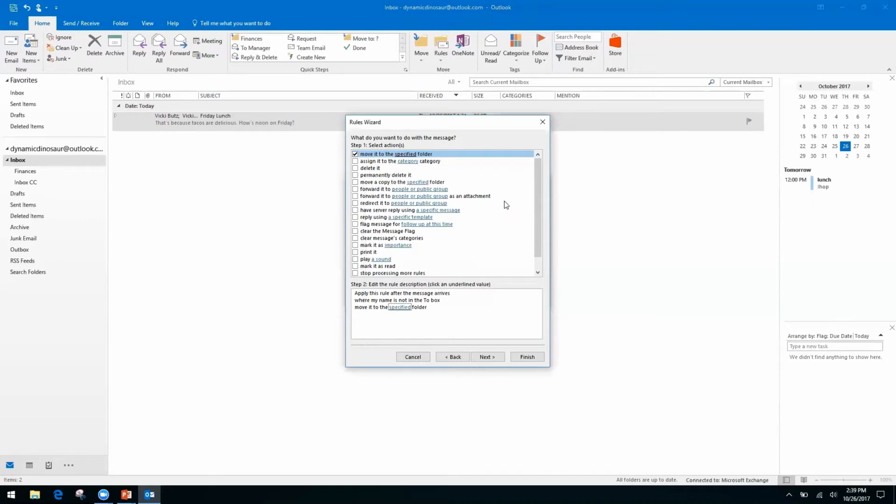Click OK and finish. And you can see that it now shows that it is being moved to the inbox CC folder. If you ever want to change that or change where something routes, you can click on that blue link again and change the folder that it is assigned to. You're all done. You can click finish, and